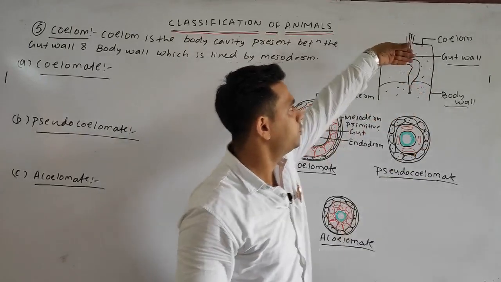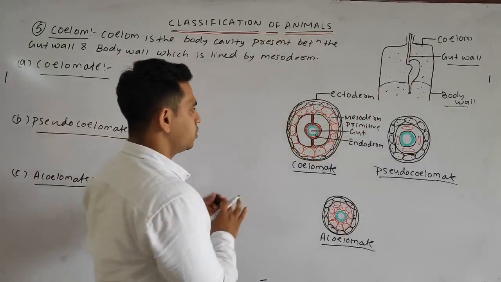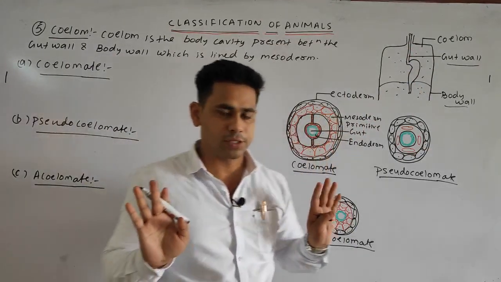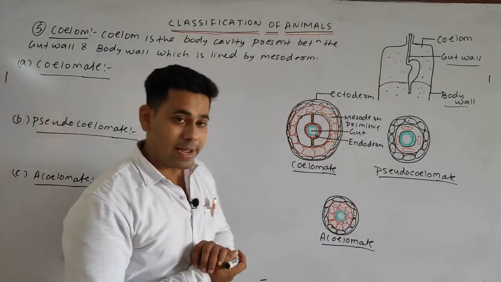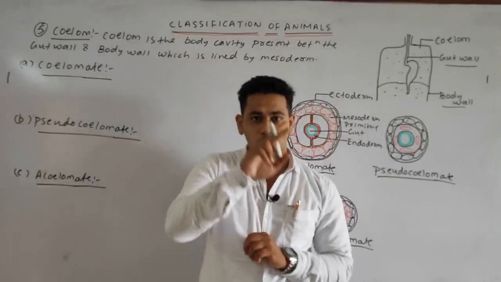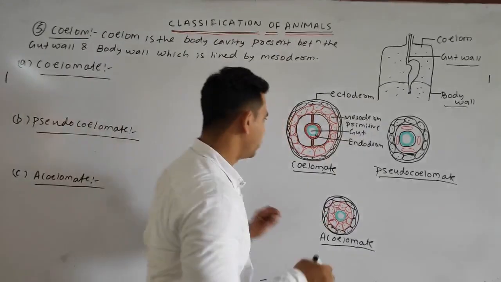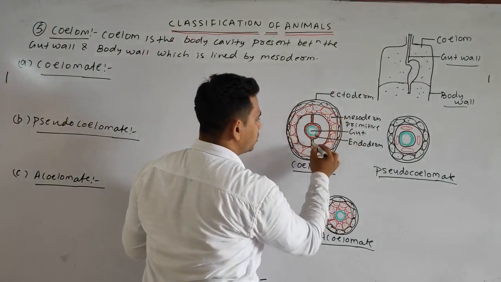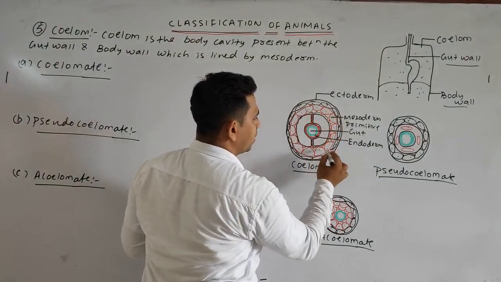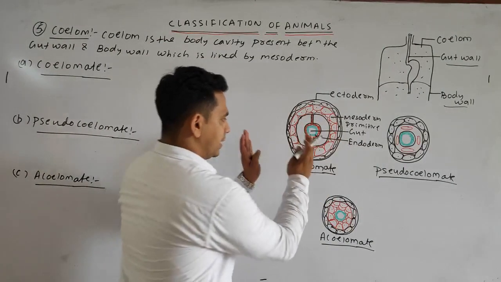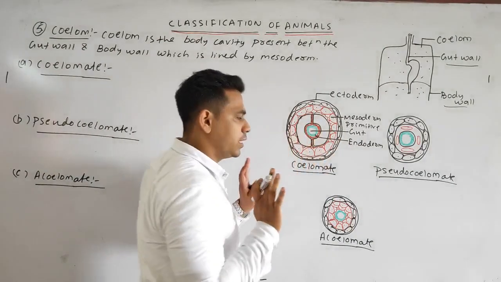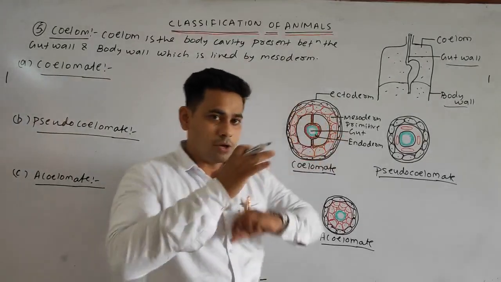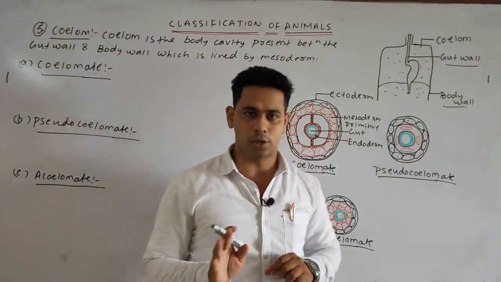Okay, this section we are showing like this. So this is the cavity. Our first criteria is completed. As I said, true coelom means it should be lined by mesoderm. You can see, students, externally and internally both it is being lined by the red color mesoderm. So it is the coelomate, and the gut is present. Gut is present, coelom is present, and the coelom is entirely lined by the mesoderm. So we can write